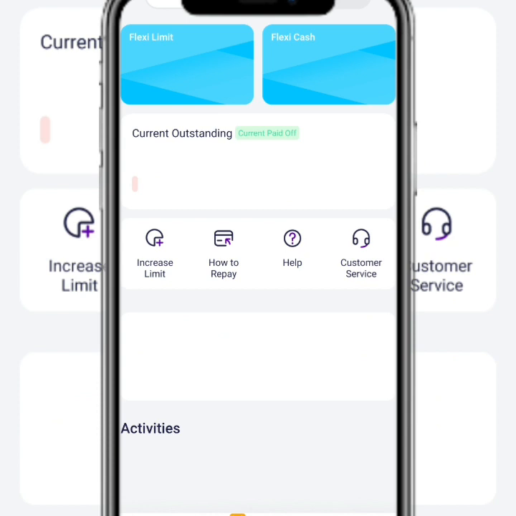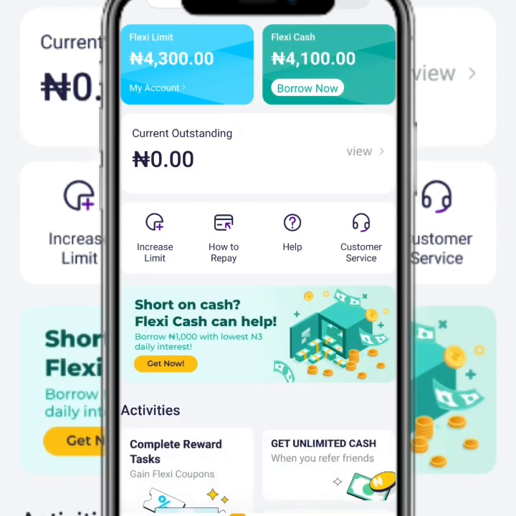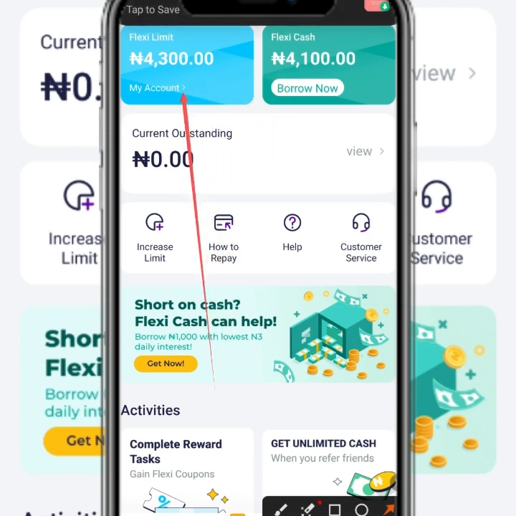For you to take a loan on Palmpay, you have to click on finance, and when you click on finance, you see your eligibilities. It is of two different categories here. The first one is flexi limit and the second one is flexi cash, though they are not the same. So when you are going for flexi limit, in this case you can only use it to recharge and do data purchasing, and at the same time you can use it for betting account funding. That's the only thing you can do with this one.